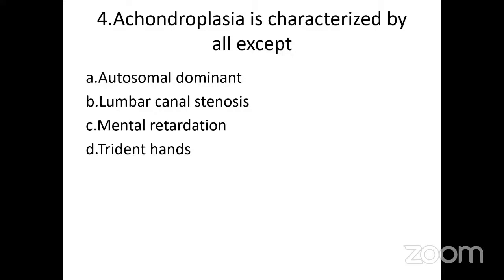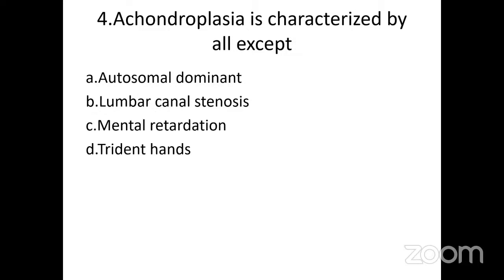So, achondroplasia is a very important cause of rhizomelic dwarfism. That means the proximal bones of the proximal limbs are short. For example, the humerus is short, the femur is short. So, it is an autosomal dominant condition with variable penetrance. And there will be lumbar canal stenosis that is classical of achondroplasia,